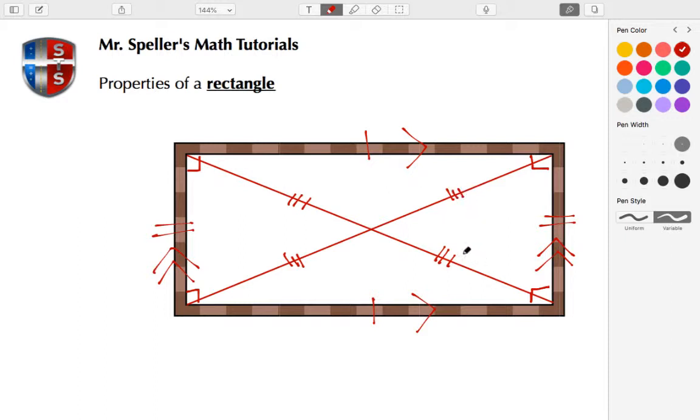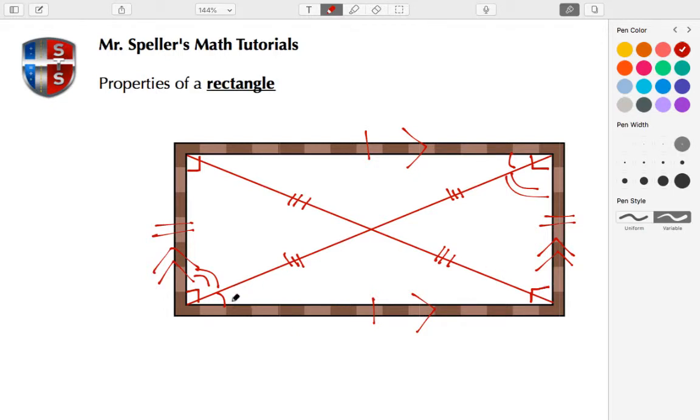All right, we also know that the alternate interior angles are congruent. So this angle here is congruent to that angle. Let's put double tally marks here to show that this angle is congruent here. Notice that we have a series of triangles, but let's look at this triangle here.